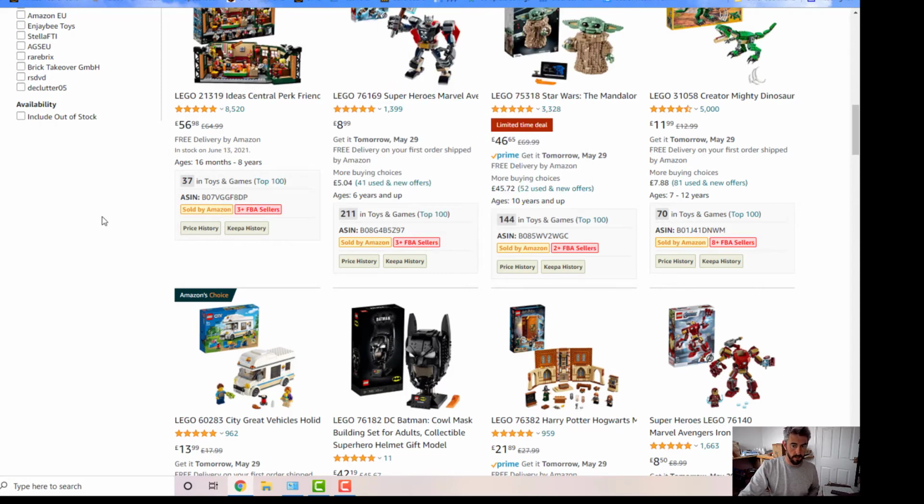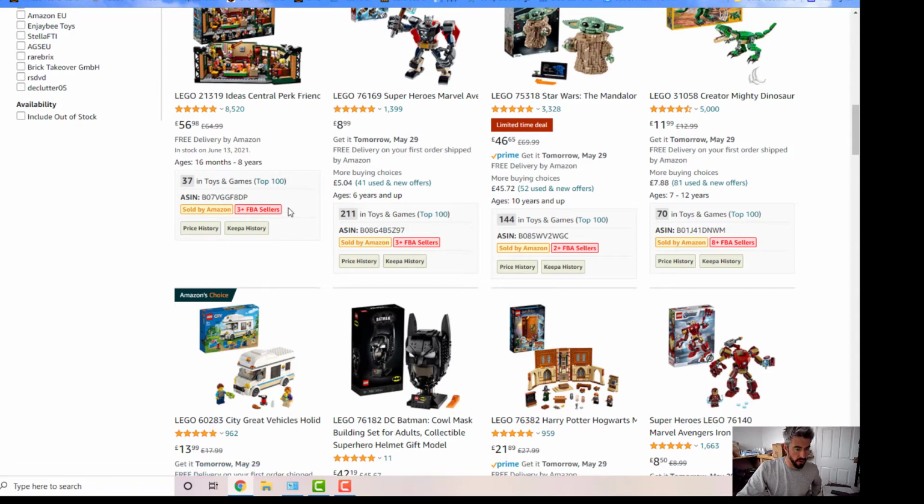And I can tell you now that these products are in toys, and these numbers, I mean, they are super fast sellers, which is why it also tells you here that they're sold by Amazon. Okay, that's an important piece of information, and in some future videos I'll explain why and whether you should worry about Amazon selling the product that you want to sell as well.